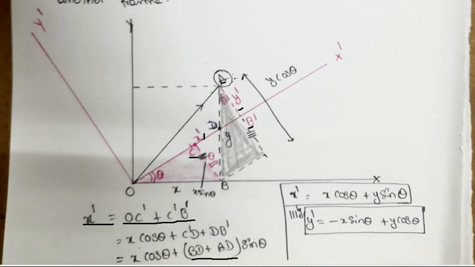How we got this: the total component we have considered is y cos theta, with respect to the shaded region of gray color. y cos theta can be given as y dash minus x sin theta, as x sin theta is C dash B dash. Upon splitting and simplifying, we'll be left with y dash is equal to minus x